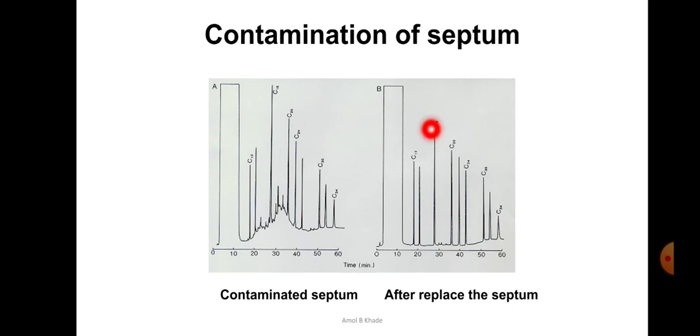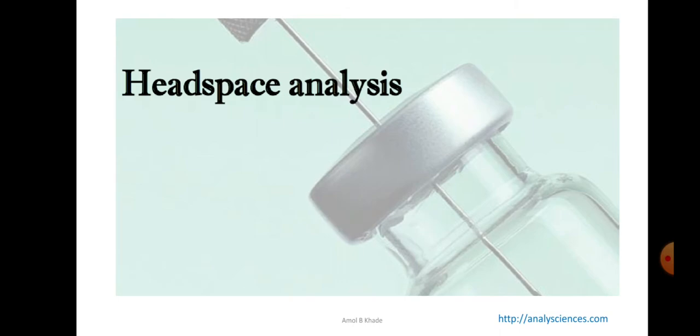So this is a chromatogram of the same sample with the contaminated septum and the same sample after the replacement of the septum. Okay, so you can see here this is not well resolved, and this is not even touching the baseline. So this is a problematic chromatogram. It will not give any idea about your quantitative or qualitative analysis. So this one is a well resolved spectrum.